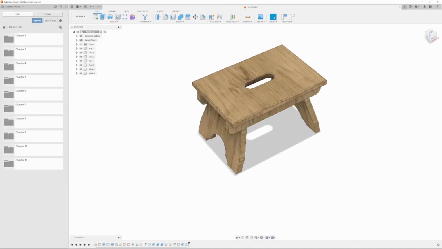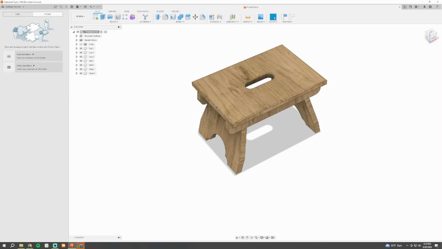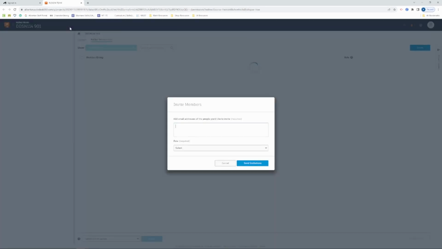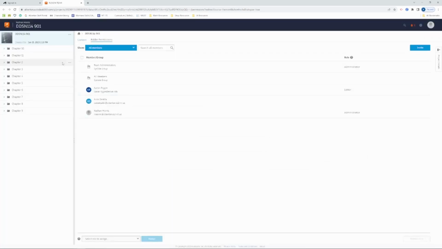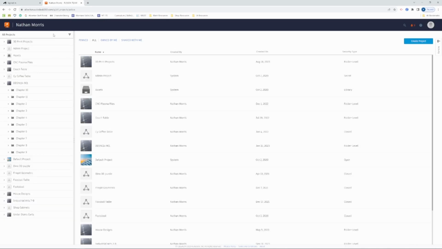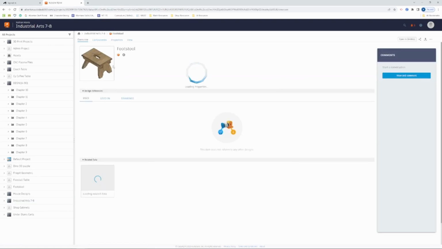and if you haven't already, you can add me to your team. So you can invite me to your Fusion team, and when you do that, it'll take you to a web browser. And you should have the projects. Let's see, for me it's Industrial Arts 7 and 8. And Footstool, and then